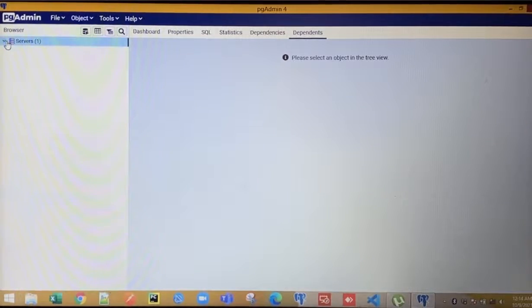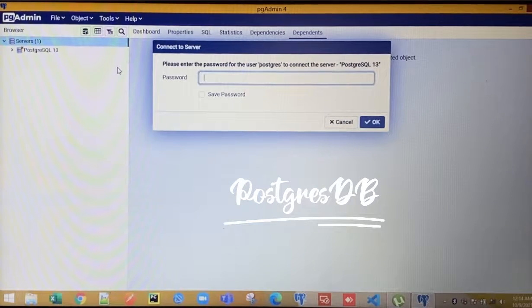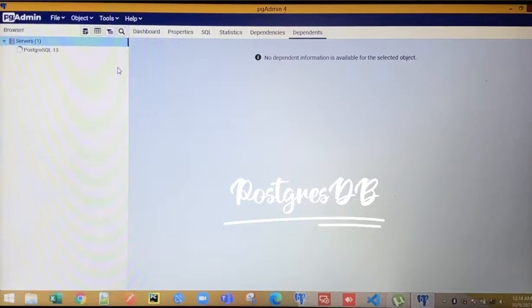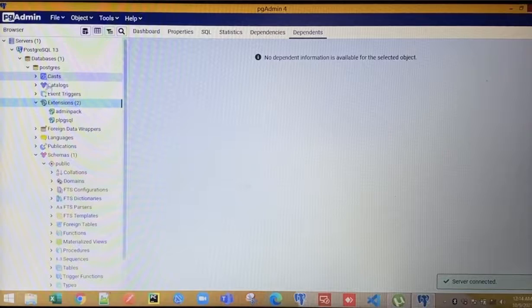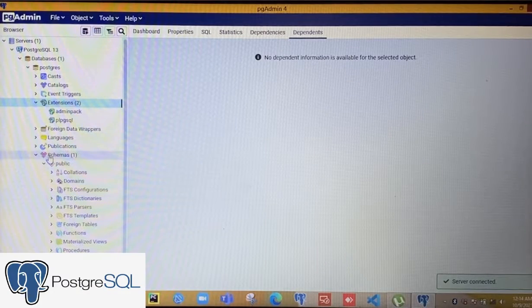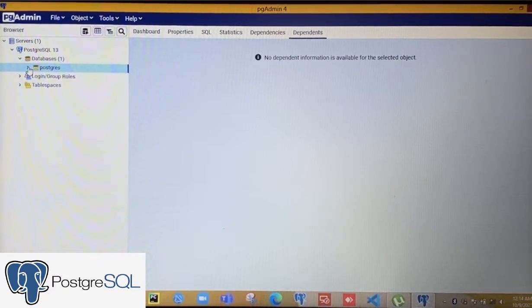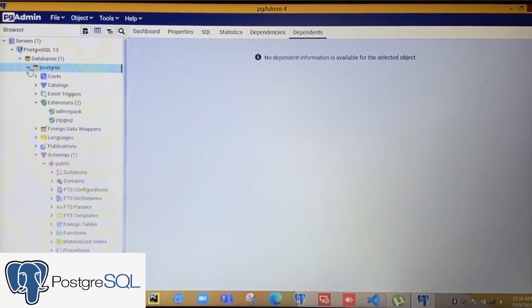Hello friends, today we'll talk about how to create a schema in a Postgres database. So first we'll log in here. Once you log in, here you can see the database. Within that database, it will show the databases that you have created within that server. So here by default, I have a Postgres database, which was installed when I first did the installation.